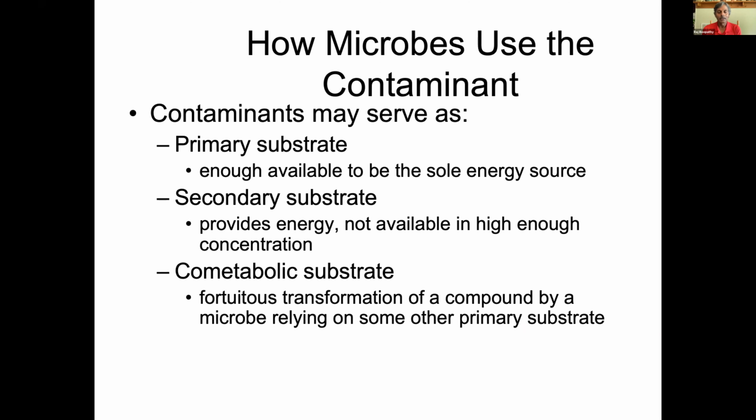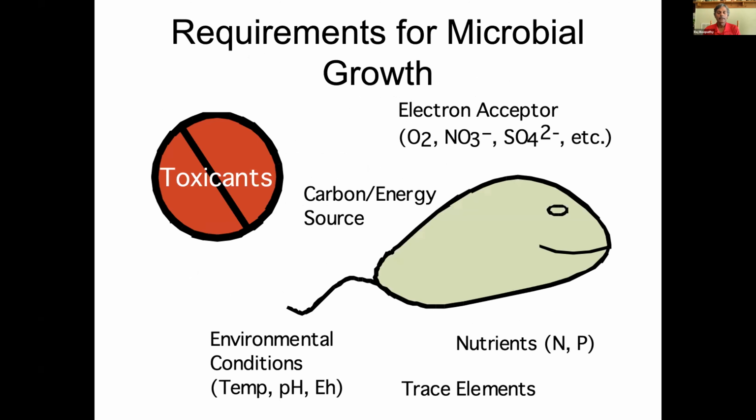And then the last one is co-metabolic substrate. It's an accidental transformation of a contaminant. In this case, you need to add an additional easy carbon source for bacteria to grow on. And then the bacteria growing on an easy carbon source use the same enzyme that is metabolizing the primary substrate, which also degrades the xenobiotic compound. That is co-metabolic substrate. So some of the cartoon here, you have the chemical itself, which is toxic,